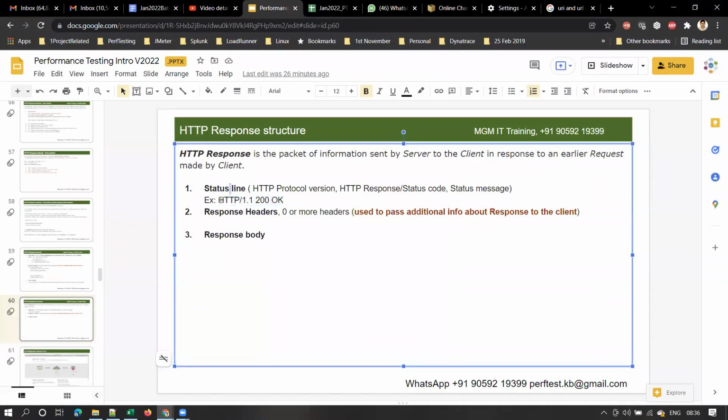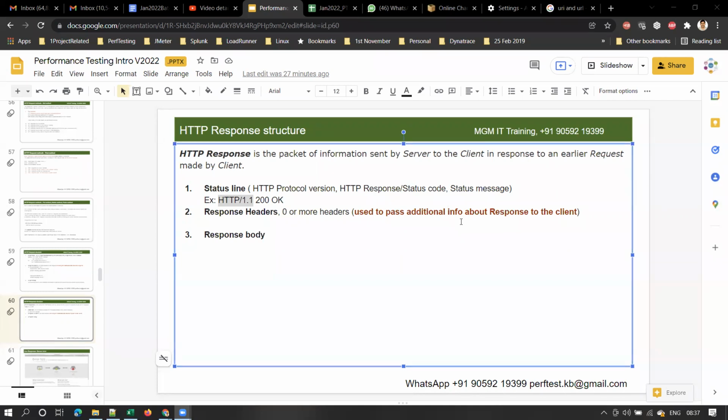So your HTTP response consists of a status line. What does the status line contain? The first part is protocol and version. HTTP is the protocol. Harish, what is meant by protocol?